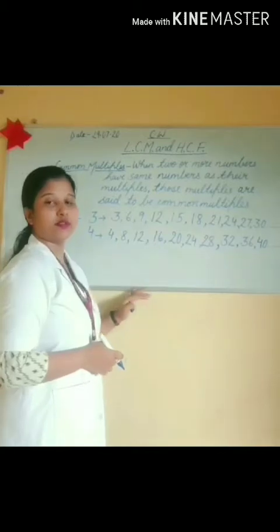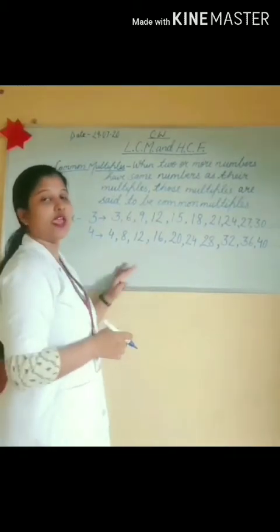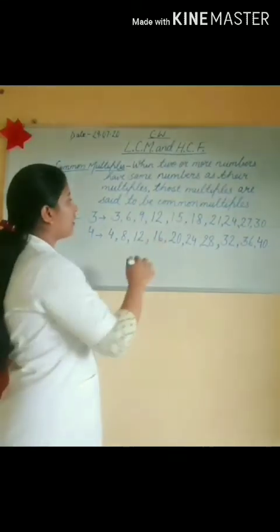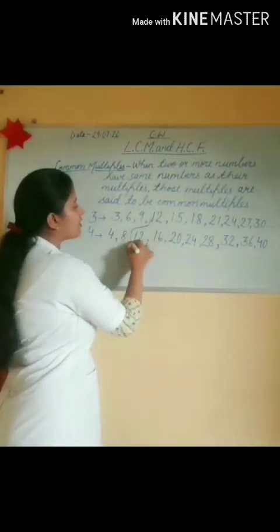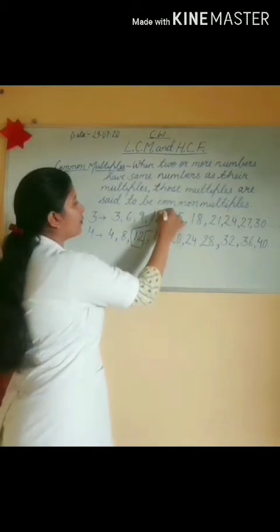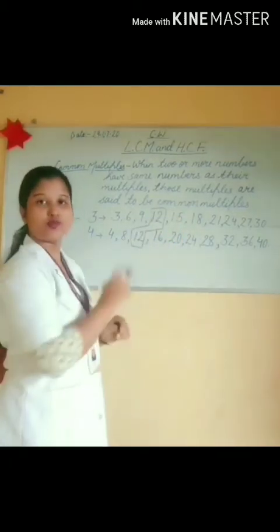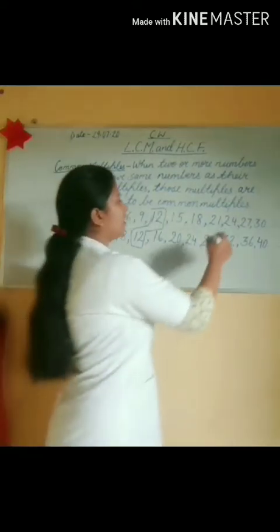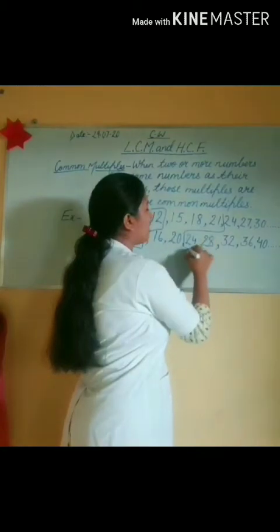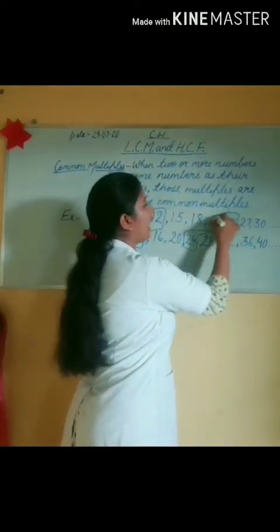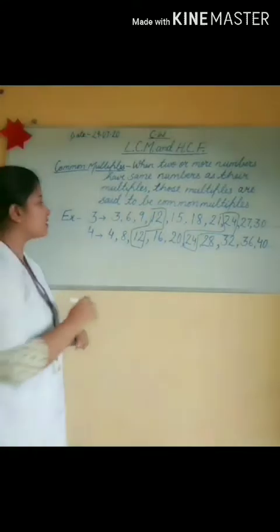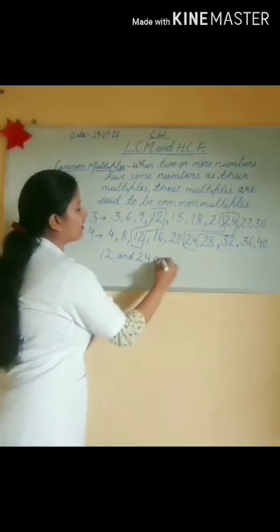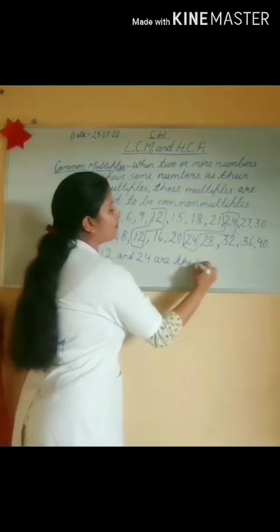Now after writing the multiples, what do we have to do? We have to see the common multiples of 3 and 4. You will notice 12 is common in both the cases. So 12 is a common multiple of 3 and 4. Now you will see 24 is also a common multiple of 3 and 4. So you can write 12 and 24 are the common multiples